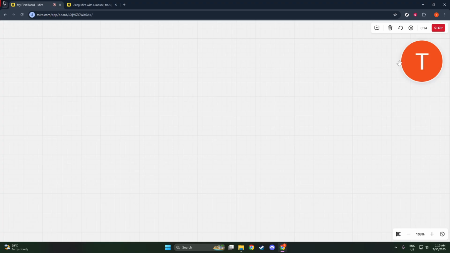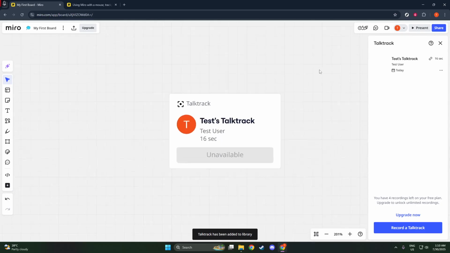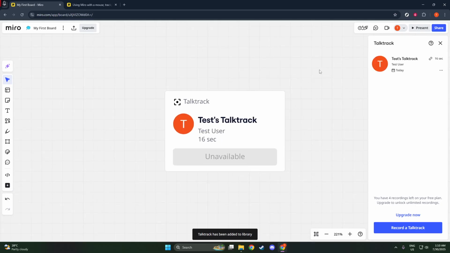Moreover, if you'd like to manually re-add it at any point, you can use the Add to Board option in the panel. And there you have it, your very own Talktrack recorded and ready to use. This method is a powerful way to enhance your presentations and tutorials, making them more dynamic and interactive. With a bit of practice, you'll be creating professional